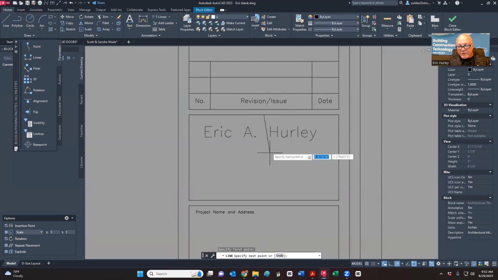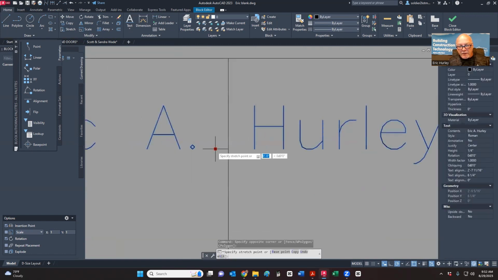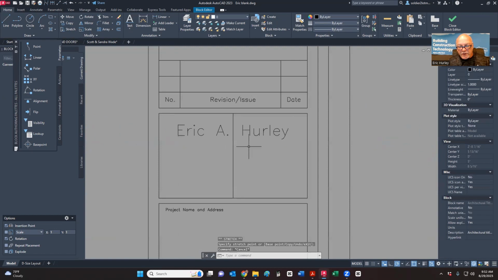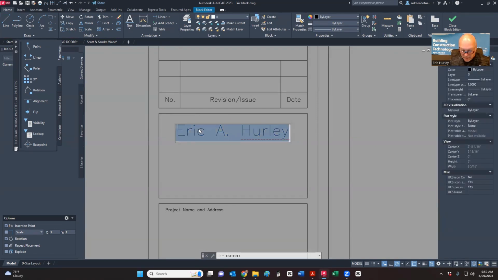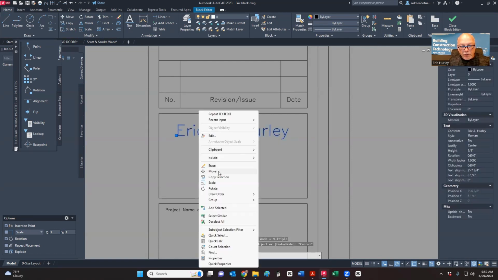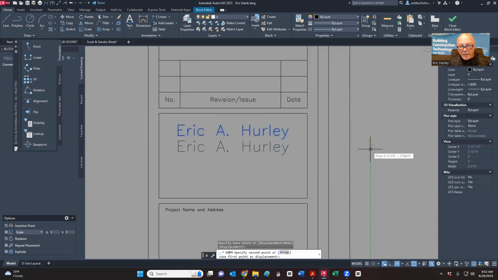I'm going to find the center of that, and I'm going to pull down. All right, now I have that, and all I've got to do is grab that node and bring it over to that little line right there, and there it is. It's centered. Okay, you can go and add, let's see if it'll do it, it won't. You can go in here and copy this a couple of times